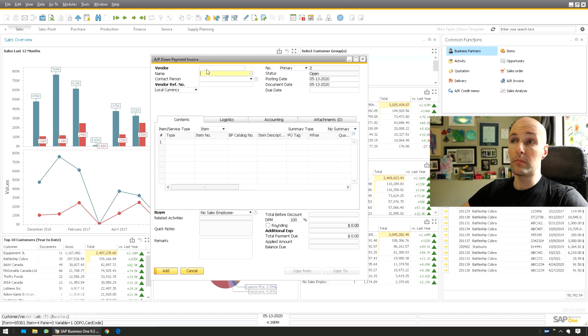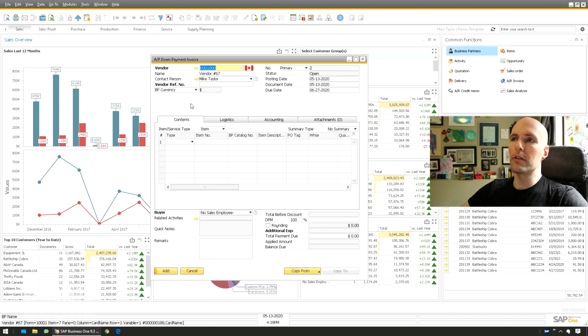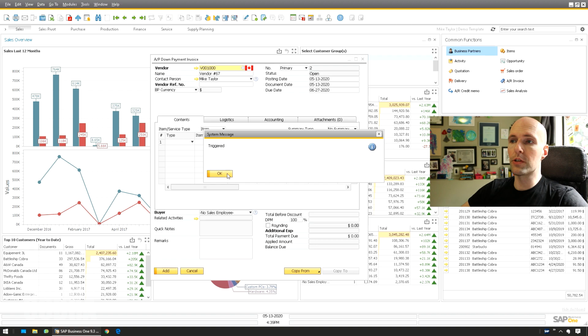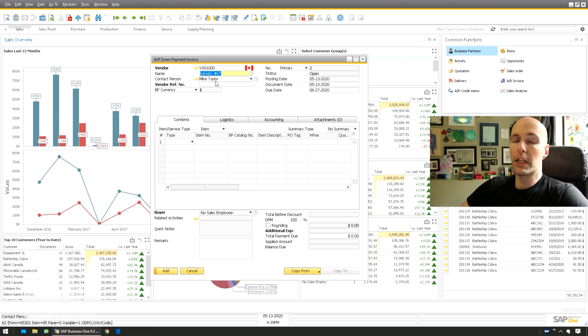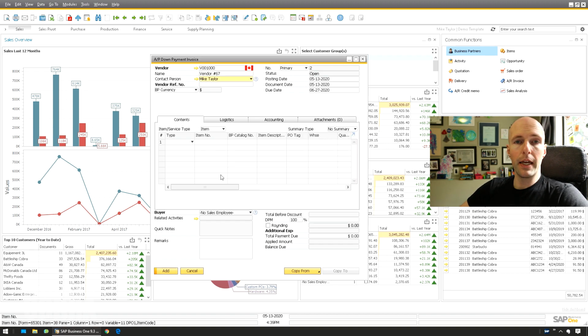Uh-oh. What's going on? So you go and you select your vendor, you push tab, it triggers it once. It automatically goes to the next field, and then you trigger it twice. So my workaround today is going to make it so that you only load it one time, and so that if you do change it, it will modify and it will update it another time. So you can continue to reuse the same say sales order if you want, but it won't trigger it twice this way. And it'll let you run your functions without that duplication.